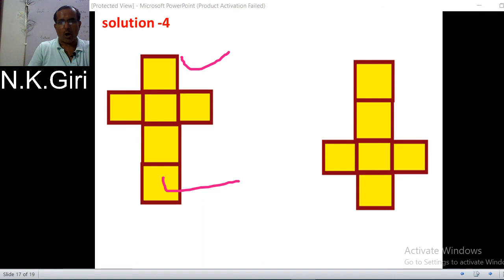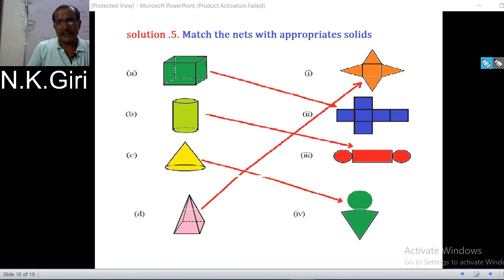Now the last question is to make the nets into appropriate solids. This is the net of a cube. This is the net of a